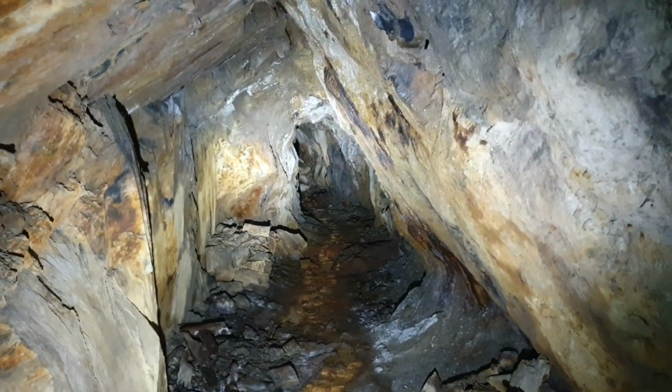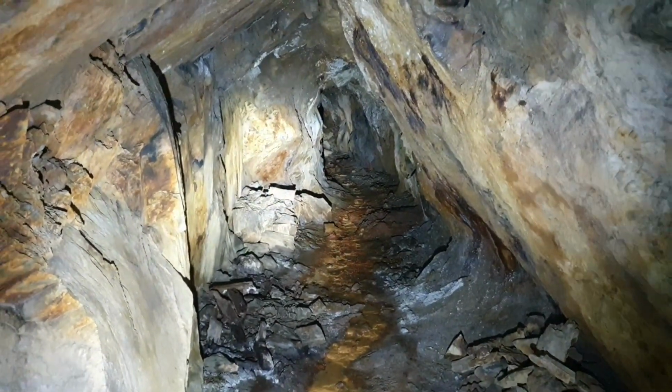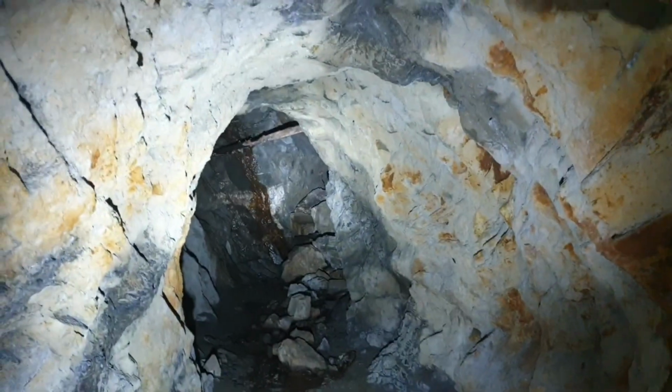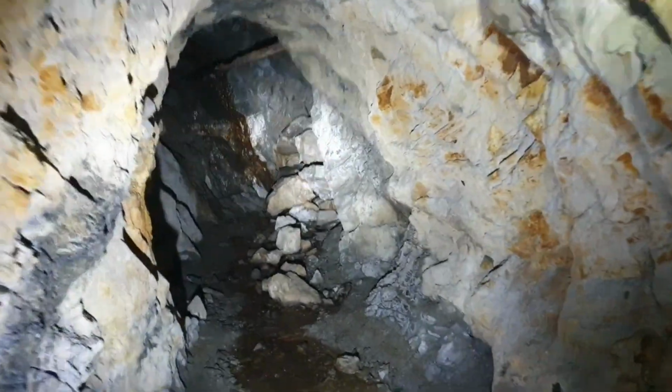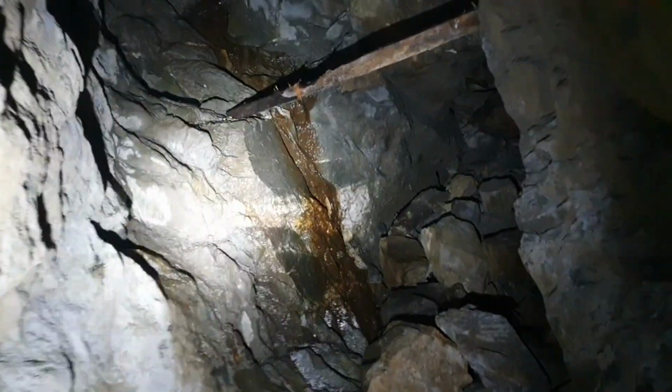This mine is actually, it keeps on giving. It's way bigger than I thought it would be. I kind of thought, I put it down to just being more of a trial. But now I can see there's a bit of stoping there. You see the stemple there, the timber? So I'm just going to check, because this doesn't seem to go that far. So I'm going to check it here. Just see where...